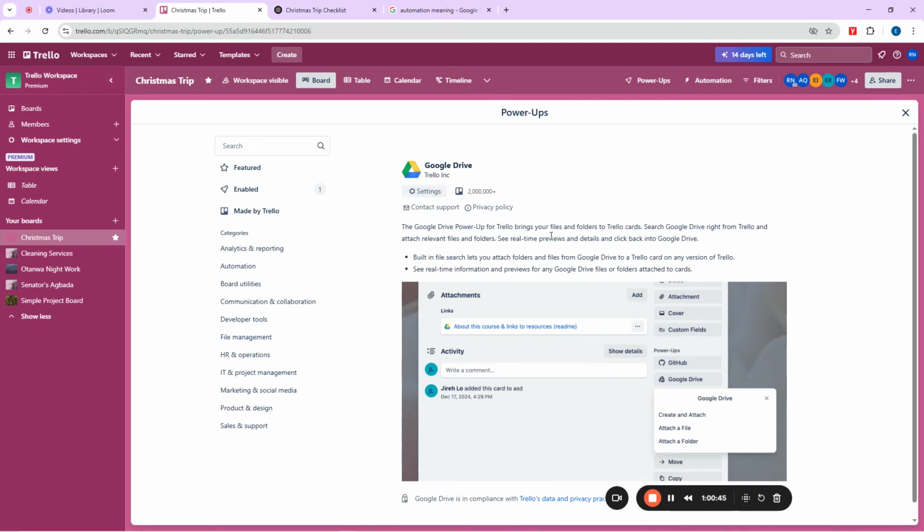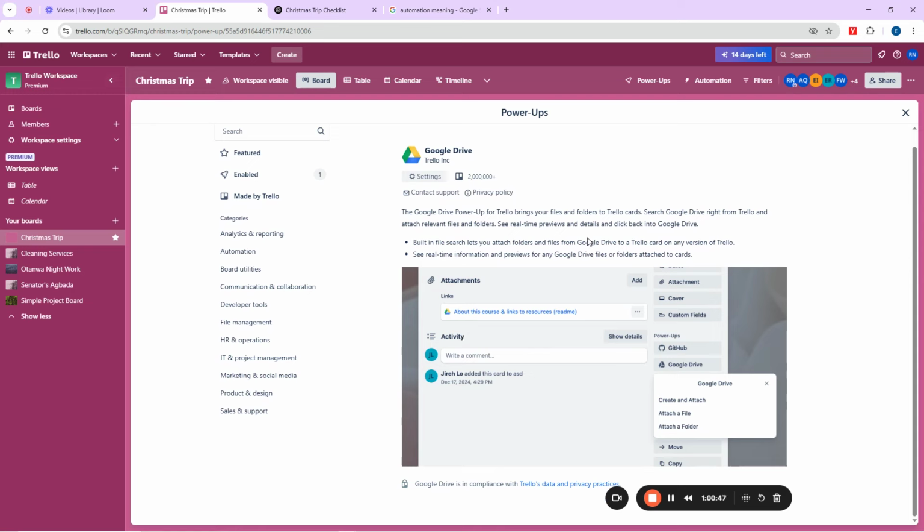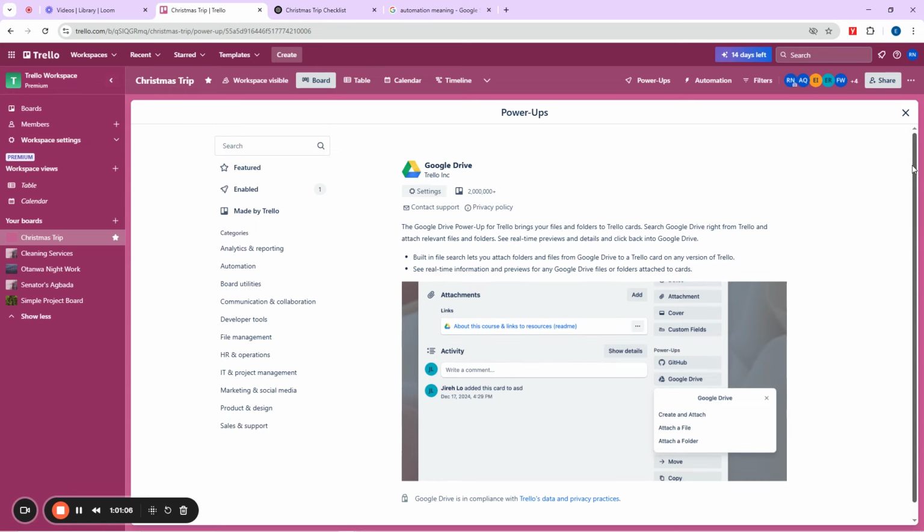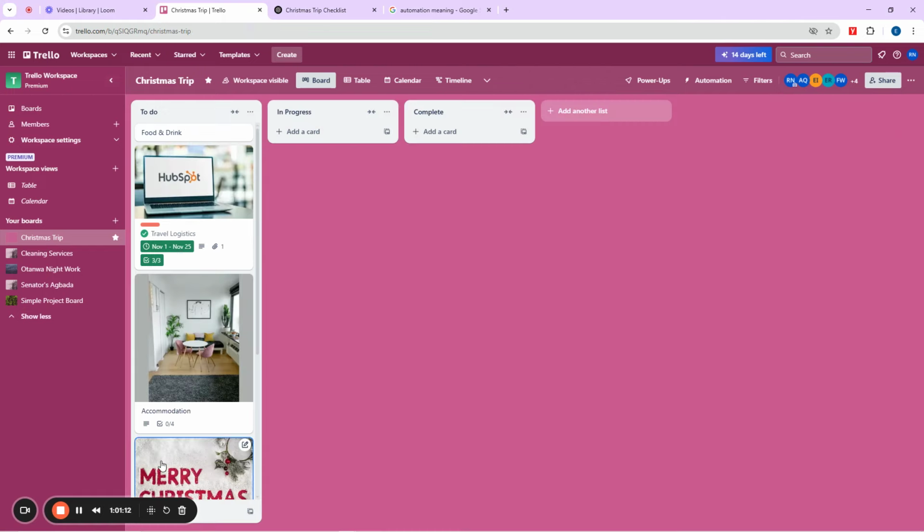Click on it again. You can now say, okay, whenever something happens here, it should come in. So this is us trying to import Google Drive to give us a function inside Trello. Like I said, we are taking this one by one to avoid confusion. If someone did it directly like this, some of you are going to get confused, okay? So I don't want to do that with you or anybody. So let me just leave it at that point.